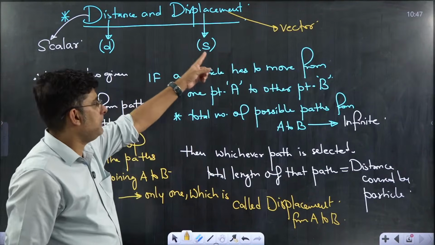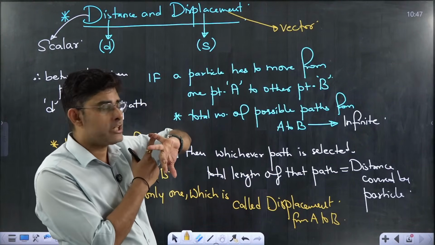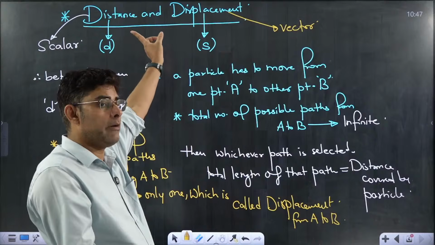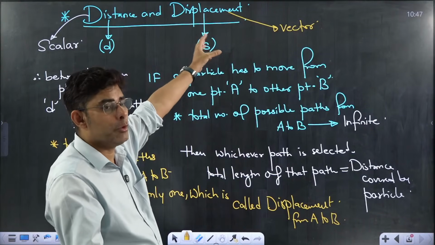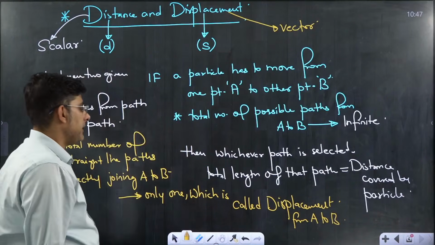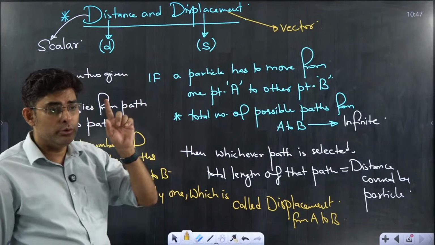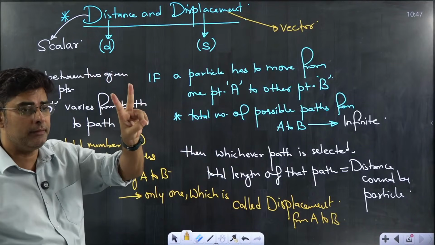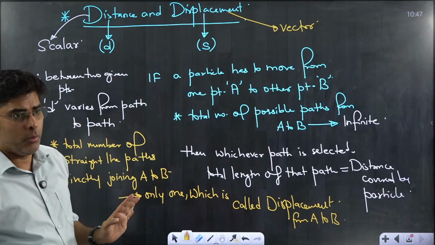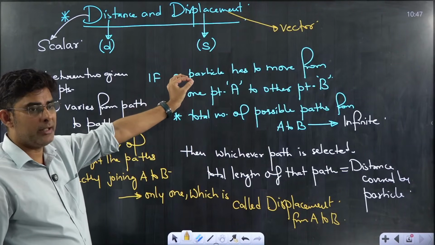Here displacement is a vector quantity because it has a fixed magnitude and direction, and it obeys certain laws which I told you in our initial classes, that vectors obey certain laws of multiplication, addition, subtraction, and so on. For defining displacement and distance you need to first define two positions, from where you are starting and where you are finally arriving. Now once you have defined A and B, then finally what you can say is,